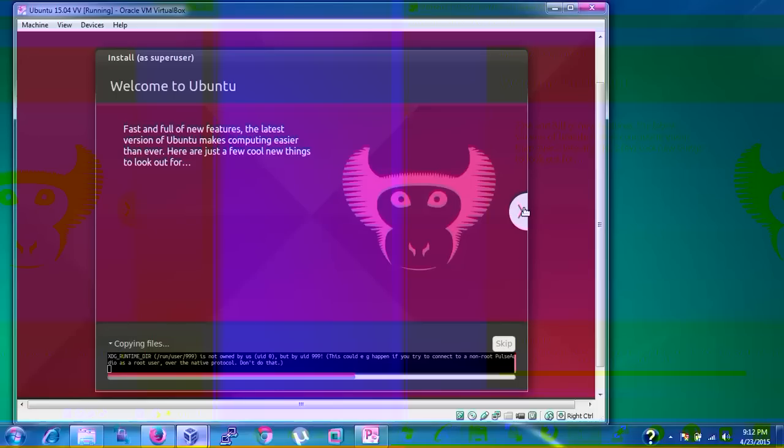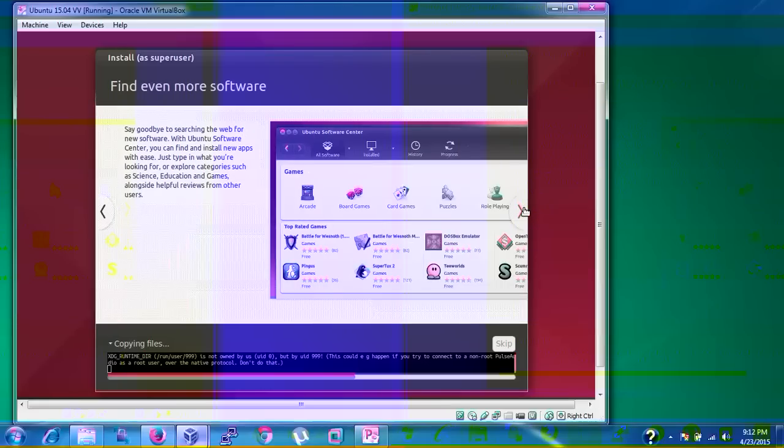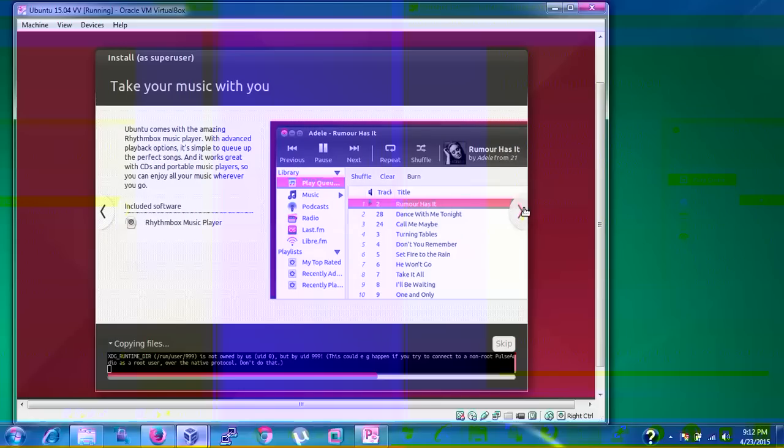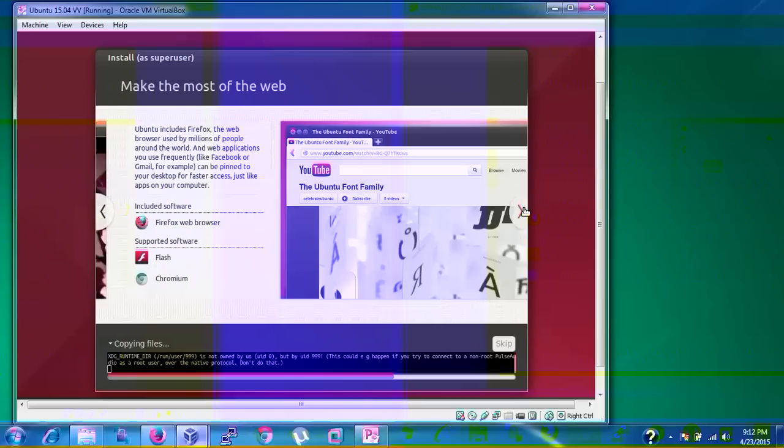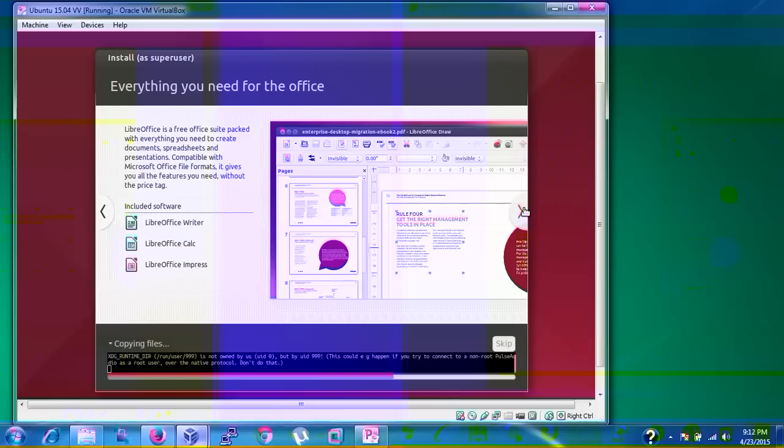Here you can see welcome to Ubuntu, and what features are showing, the new features that have come. You can take your music with you, like it's showing by default. This is for the photos, you can explore your photos also. Then you can see make the most of the web, that means the browser. Then everything you need to do about office also, LibreOffice is showing.